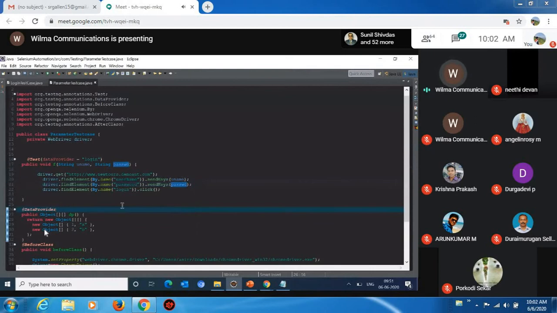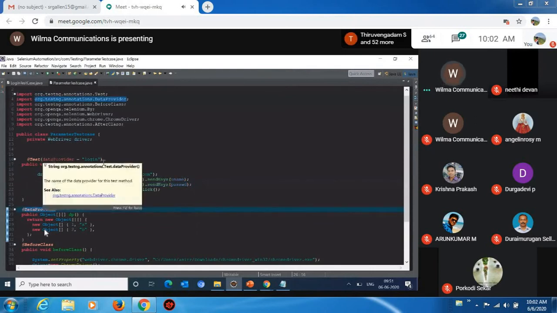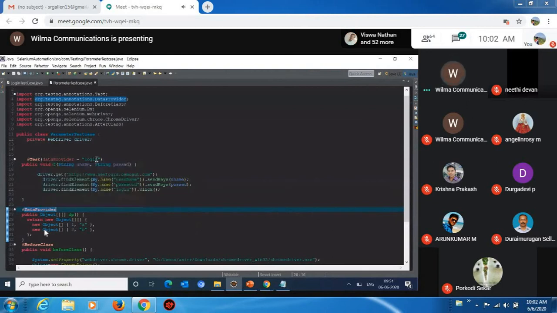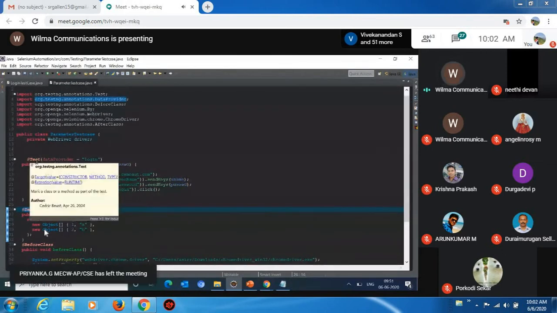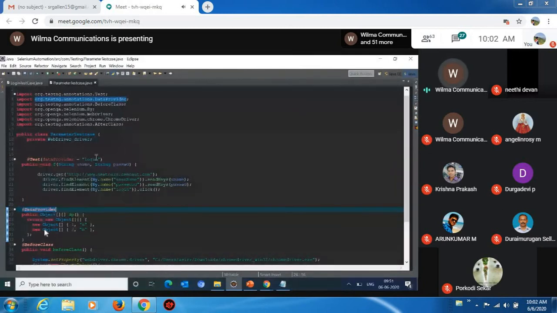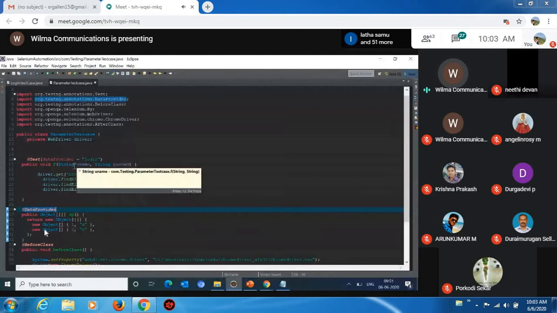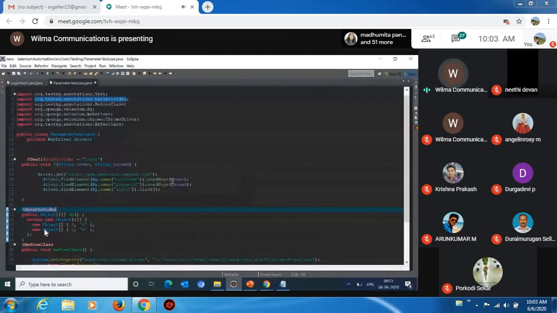So now you can see the difference. I created the data provider with the name called login. Why am I giving login as a name? Because you can create multiple tests. This is one test, and you can create one more data provider. So to uniquely identify it, we are giving the name of the data provider. So I have specified the data provider name is login. And what variables am I creating? I'm creating two variables as strings. String variable 1 is uname, variable 2 is pass. Now these two variables I'm going to pass here instead of my hard-coded values.